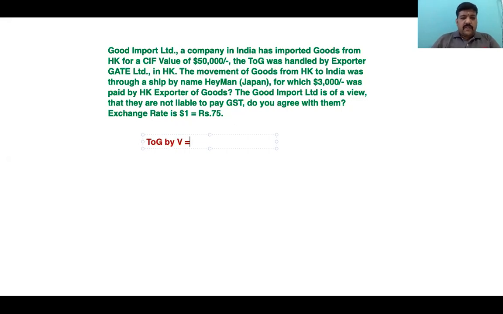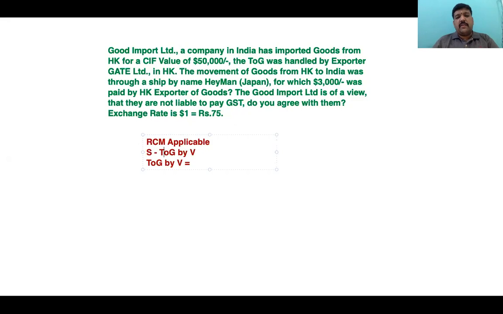Transportation of goods by vessel. First question, whether RCM is applicable? Yes, RCM is applicable. Why is RCM applicable? Very simple. The supplier of transportation of goods by vessel,